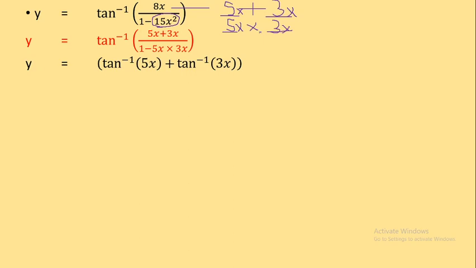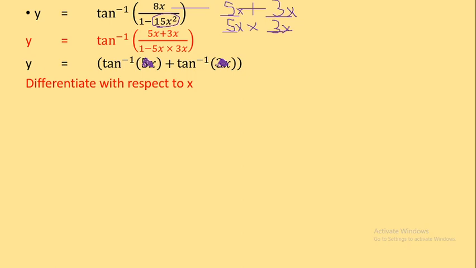Okay, then next thing, see here, differentiating with respect to x. What is the derivative of tan inverse? Tan inverse x derivative is 1 upon 1 plus x square, right? But instead of x you have something else. This also we have done, so we have to consider this as x and use the formula. Even here, instead of x you have something else, so instead of that you have to use this formula 1 upon 1 plus x square.